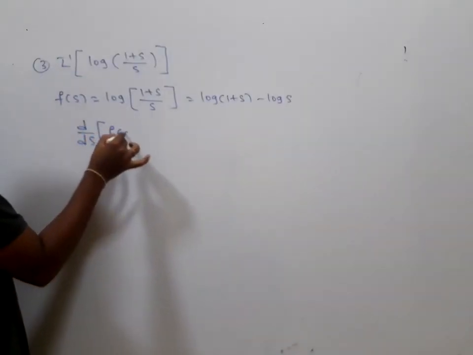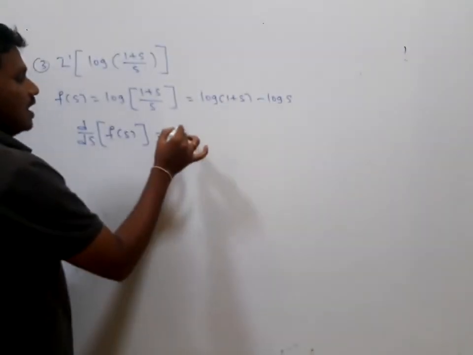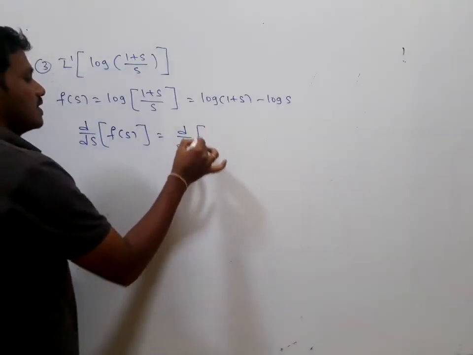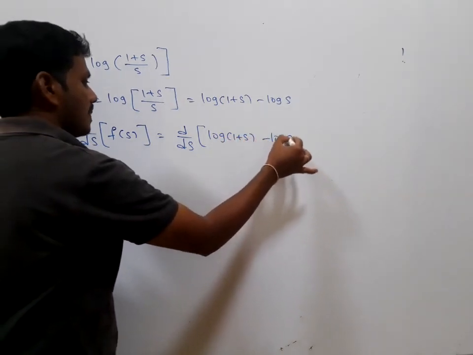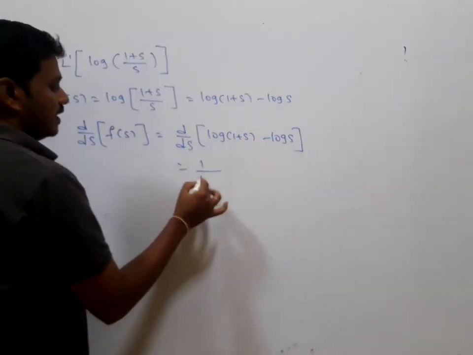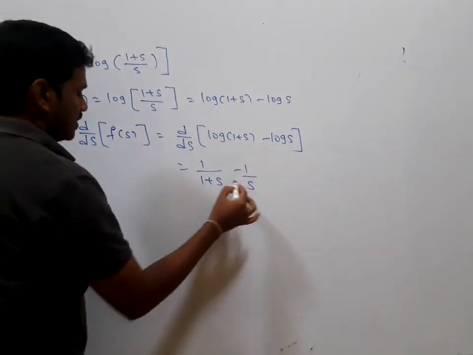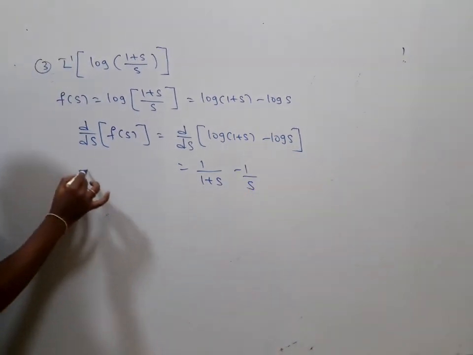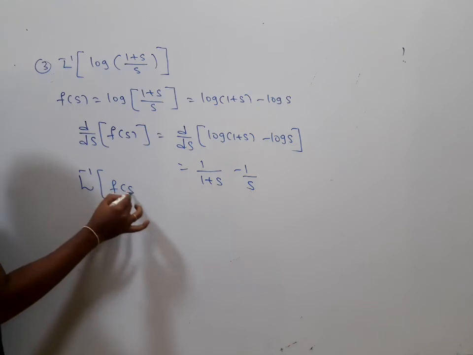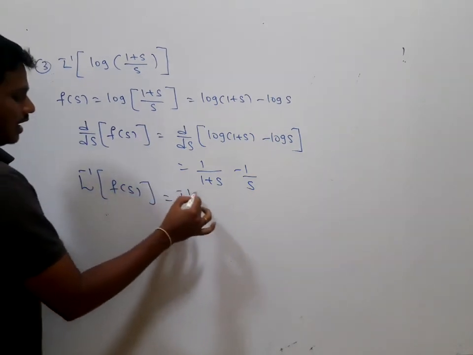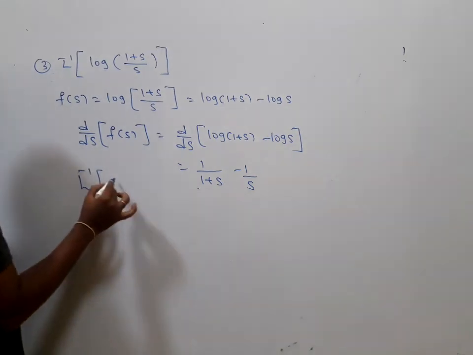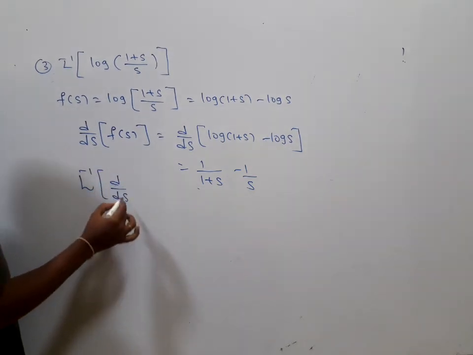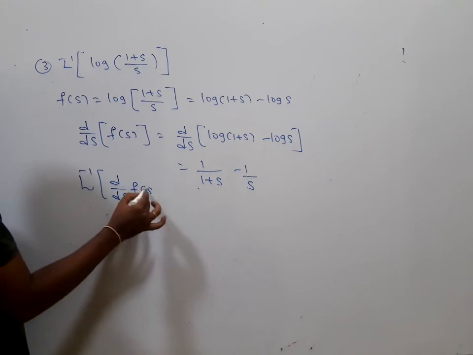d by ds of f of s I am trying to find. f of s is log of 1 plus s minus log s, so d by ds of f of s is 1 divided by 1 plus s minus 1 by s. L inverse of d by ds of f of s is equal to,